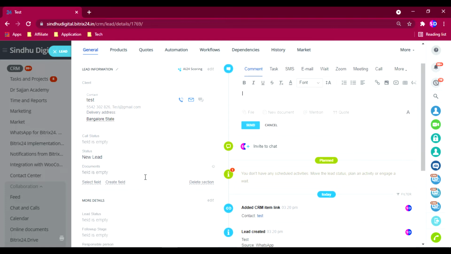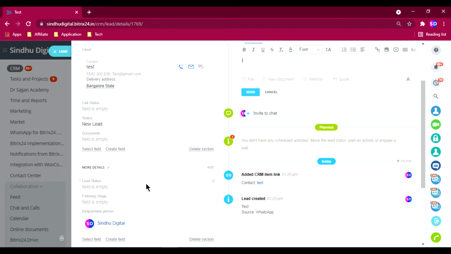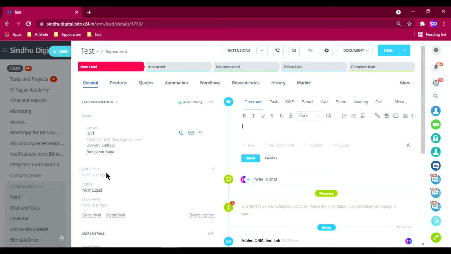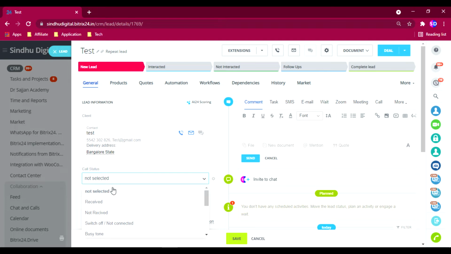If a new lead comes, it is assigned to an employee. The lead has been assigned from admin to different employees. So you need to call the customer. First you call the customer, and if the call is received, I'll just mark it as received.